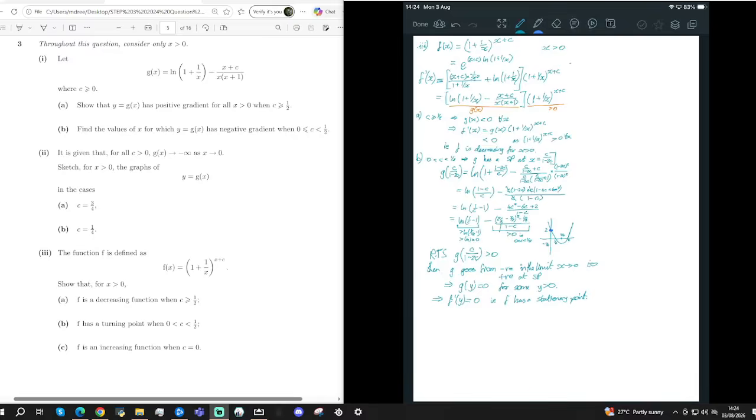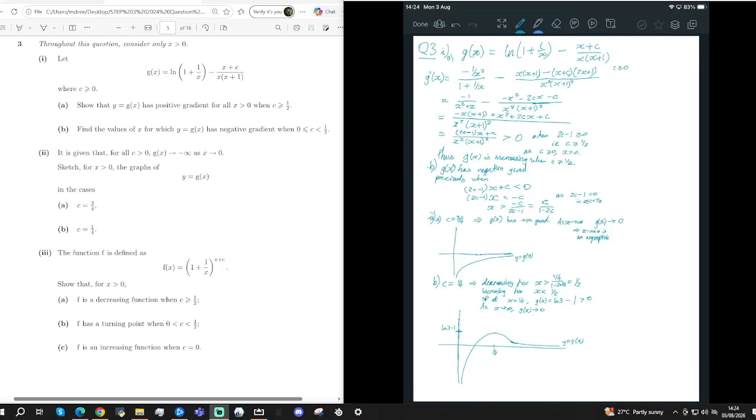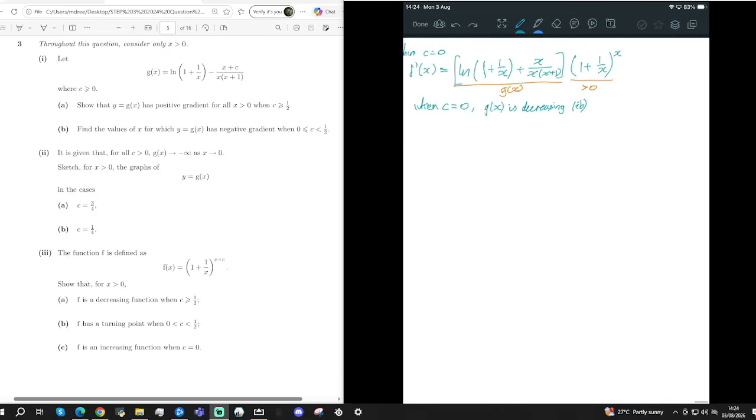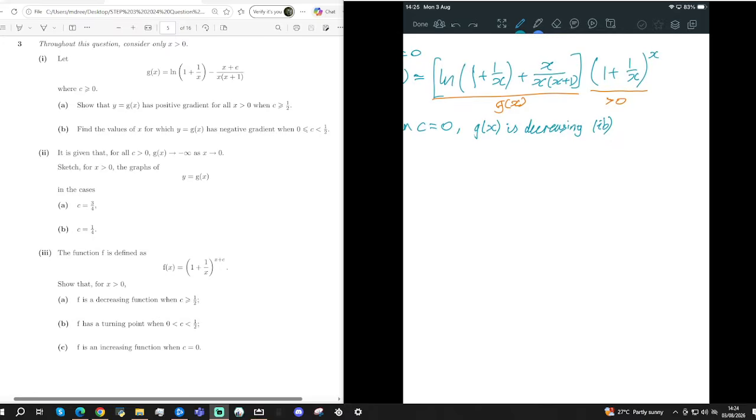It's decreasing. Part B said for x bigger than this value, but when c is 0, that's for all x greater than 0. G of x is decreasing